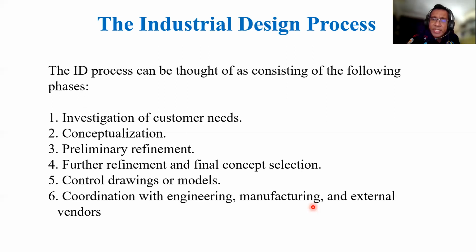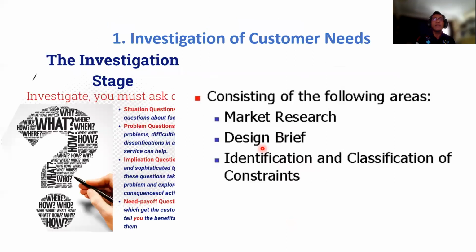And then specifically the industrial design process can be seen as consisting of the following phases: investigation of customer needs, conceptualization, preliminary refinements, further refinement, and final concept selection, control drawing, model, coordination with engineering, manufacturing, and external vendor. So we go one by one through this process, starting with the investigation of the customer need in industrial